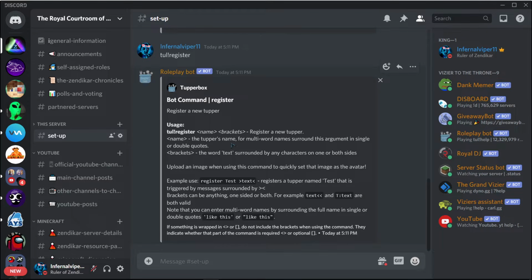So the way it works is you type TUL register, then the name, and if the name involves more than one word, then you put it in brackets. And then you use the brackets for how you want it to be said. So we're just going to register a Minecraft Steve character. So do TUL apostrophe mark register